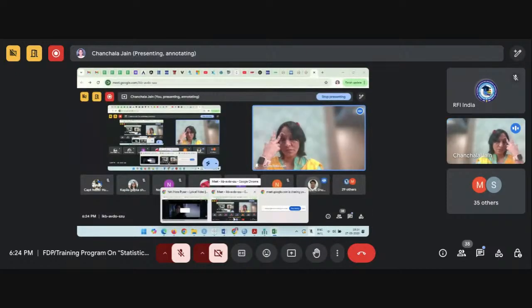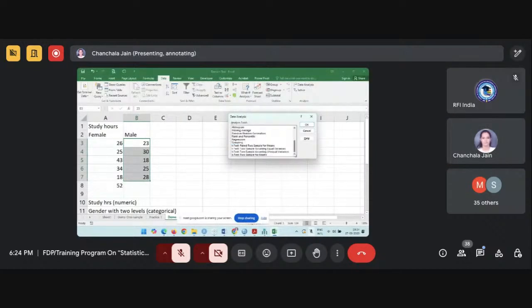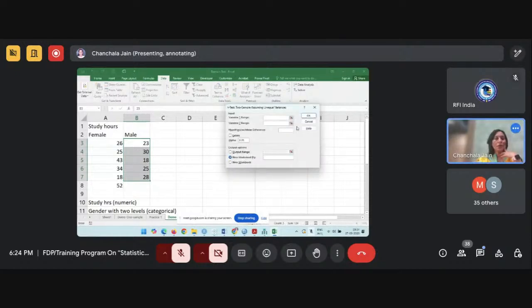No, unequal variance will directly go. Okay, fine. So I'll select this unequal variances. Click on OK button. So the dialog box will appear. There you need to see this thing. It is asking you to provide the range of your first group, right? So I'm selecting the range of my first group, which is this. In the second box, I'm selecting the range of my second group, which is this. Hypothesized mean, I'm not assuming anything, right? Next is labels. I think I selected my data including these labels, so I'm selecting this checkbox.